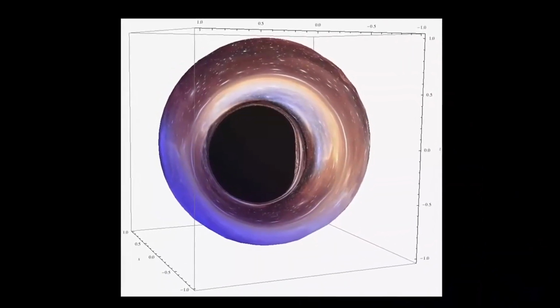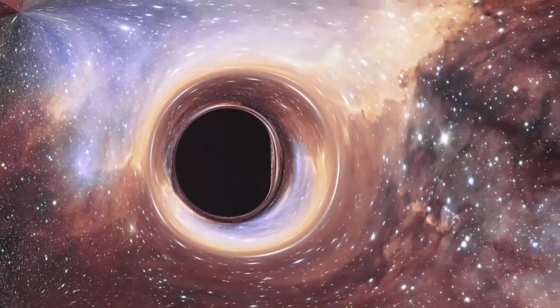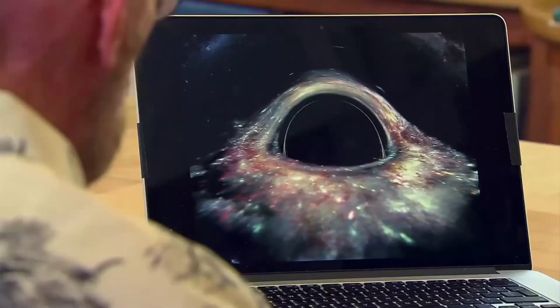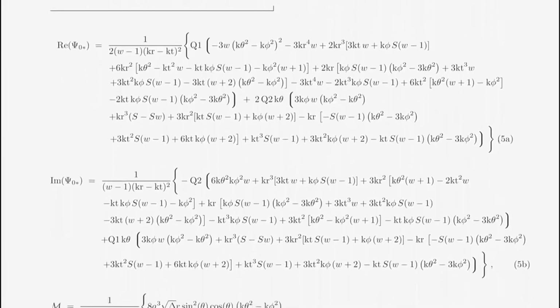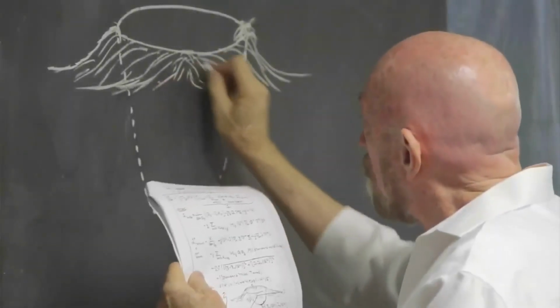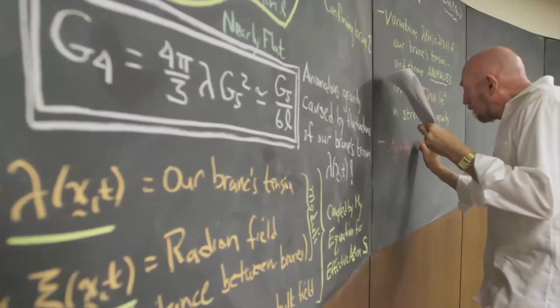The visual effects department under Paul Franklin and everybody at Double Negative took Kip's mathematical data and they created real visual representations of what a black hole is meant to look like. The collaboration has produced visualization of things which nobody had ever managed to do before. You know, we potentially may have discovered a couple of new things that were lurking there inside the mathematics, inside the physics. I worked out the equations that would enable him to do the gravitational lensing.